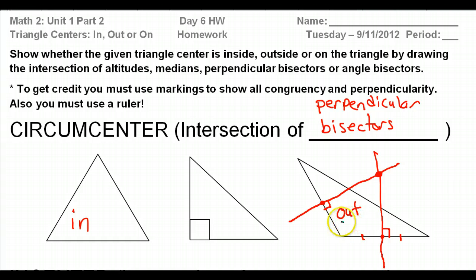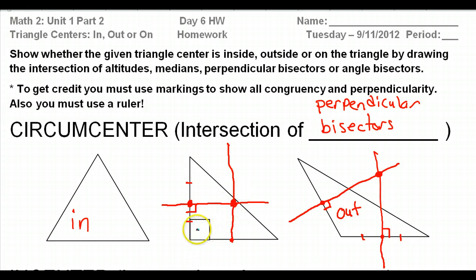the triangle. If I do the same thing for the right triangle, it looks like this. Here's the midpoint, and here's my perpendicular line. I'm trying to do perpendicular bisectors, remember? So there's one of them, and then here's the midpoint, and so if I try to do my perpendicular line, okay, so this is off a little bit, but you can see how close that is to being on the